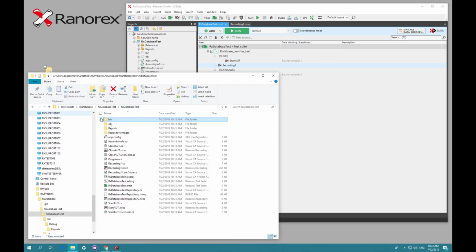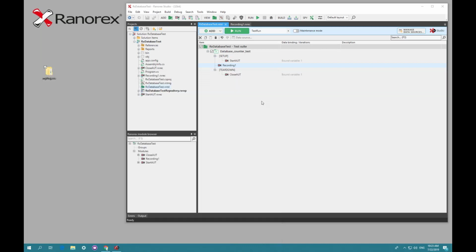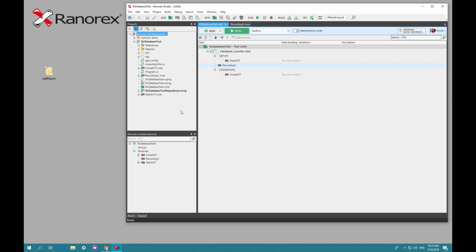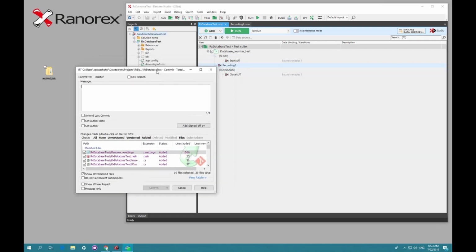So this is our project folder, which we will now need to commit and push through our version control through Git. And this is how we're going to do this. So first of all, we select the solution within the project file view. We right-click to open up the context menu, and we choose commit here. So we have an integrated Git access. So we choose commit to select committing the first